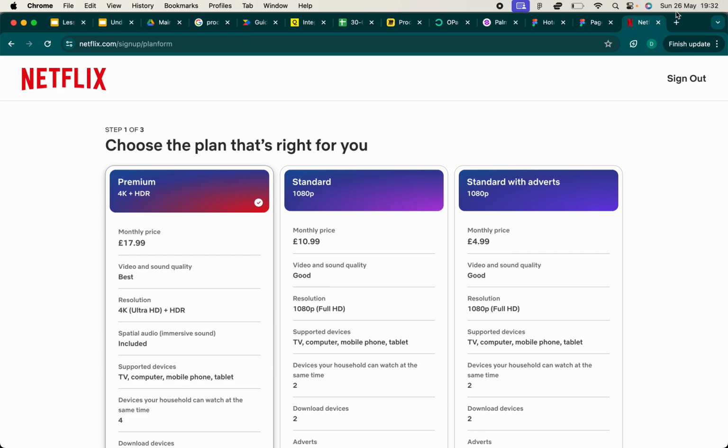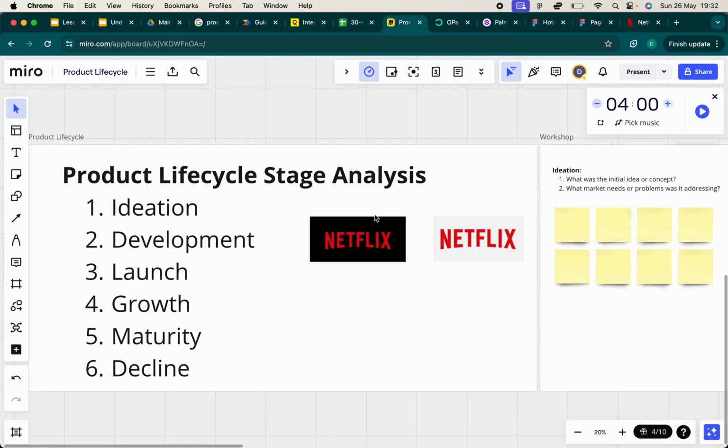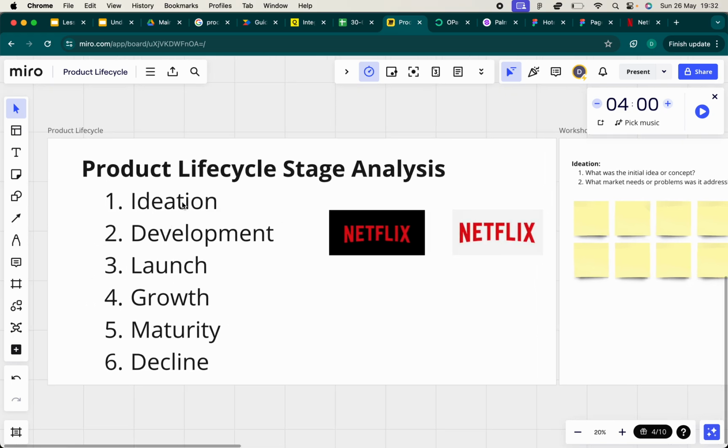So in our exercise now, we're going to try and think of what they were doing in the ideation phase, in the development phase, in the launch phase, in the growth phase, in the maturity phase, in the decline phase. Netflix is the product we're going to use.